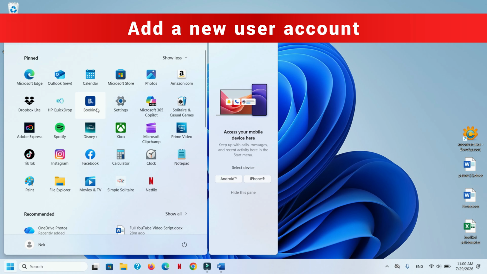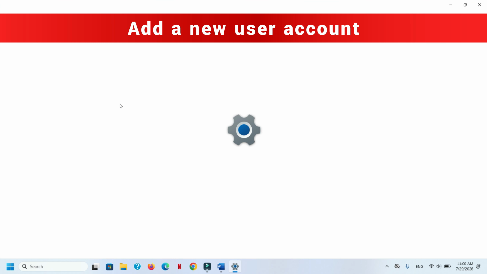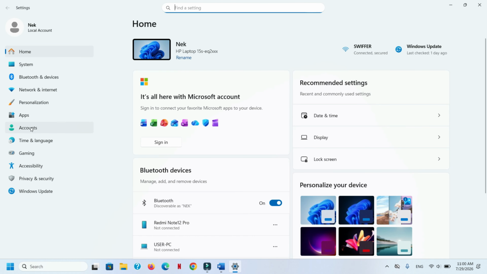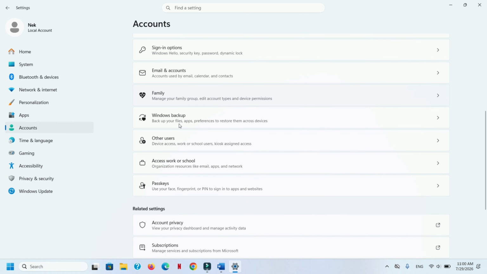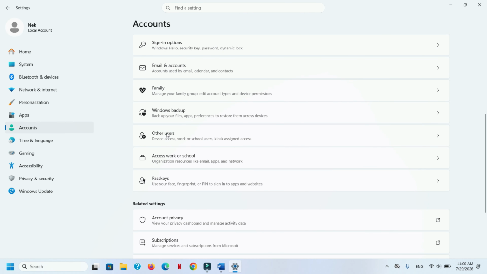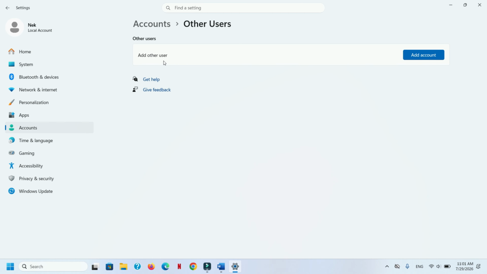First, let's go and open Settings. On your left, find Accounts. Scroll down and click Other Users. Here you have the option to add other users, so press Add Account.